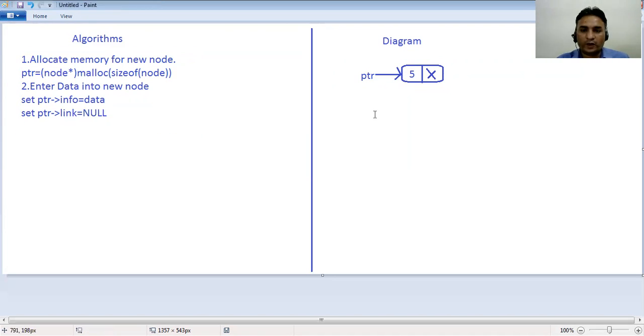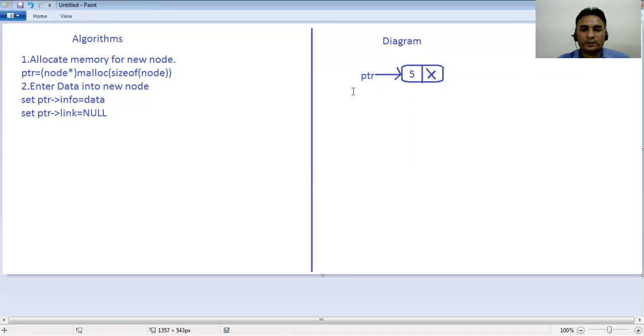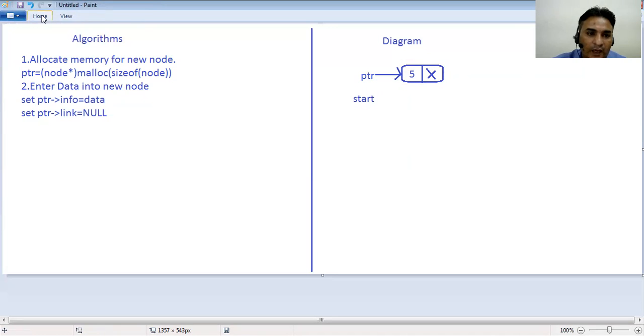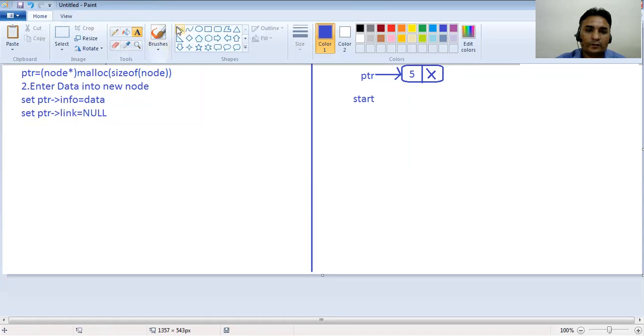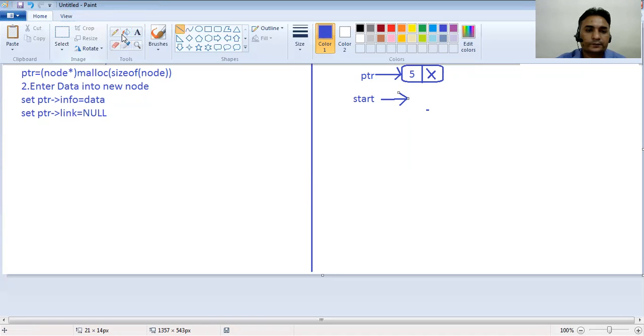Now we have to check what is the position of the linked list. In this case, it might be possible that our start variable has a null value.